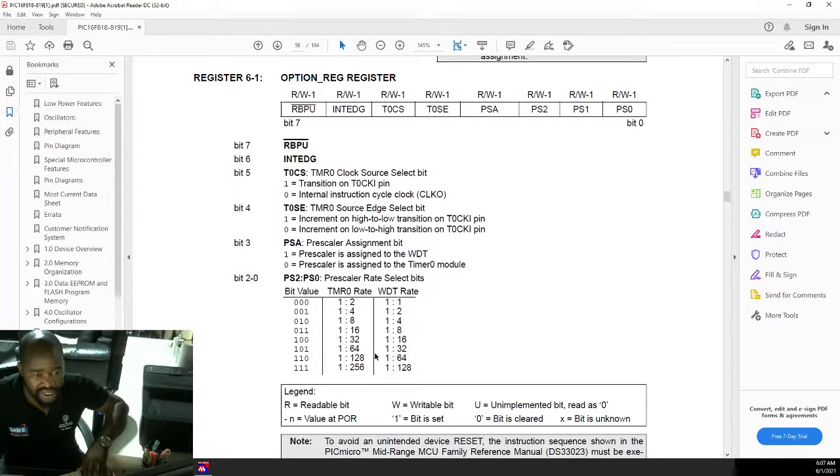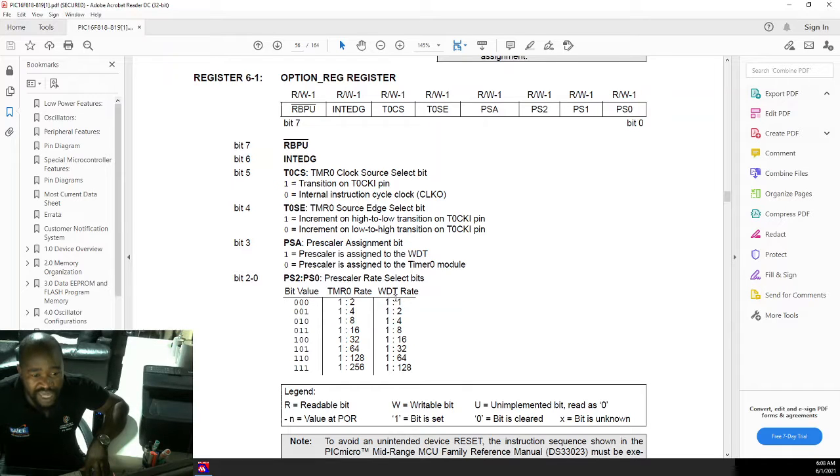if we want to achieve longer delays. Right. Now, currently, when we use that 1 megahertz, it means our timer 0 clock source, we are using it as it is without dividing it. Meaning that 1 megahertz, we are actually using a rate of 1:1. We are not using 1:2, 1:4. This ratio means we are just dividing our clock frequency by the value on that side. So if you want to choose a 1:1, first we must choose the watchdog timer rate, because that's the only